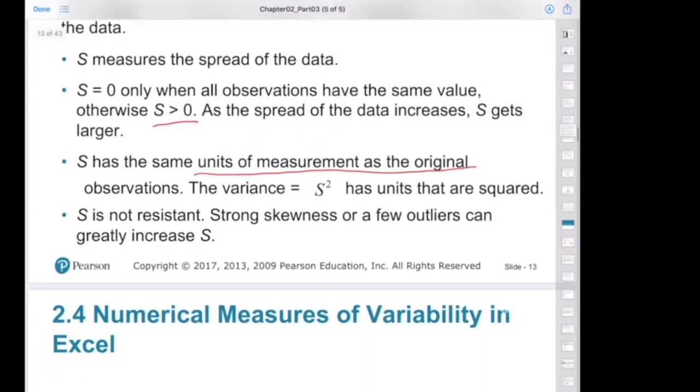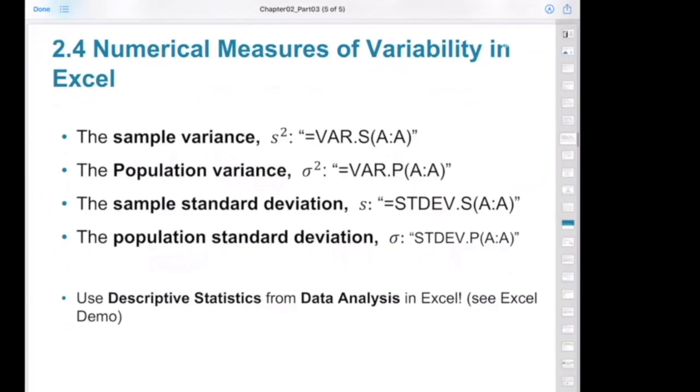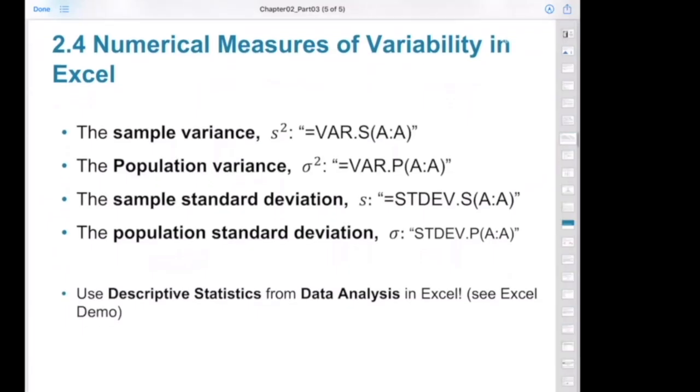Someone can ask me, okay, what is the measure of the variation which is resistant to the outliers? We will come to it after a while. But before we continue,